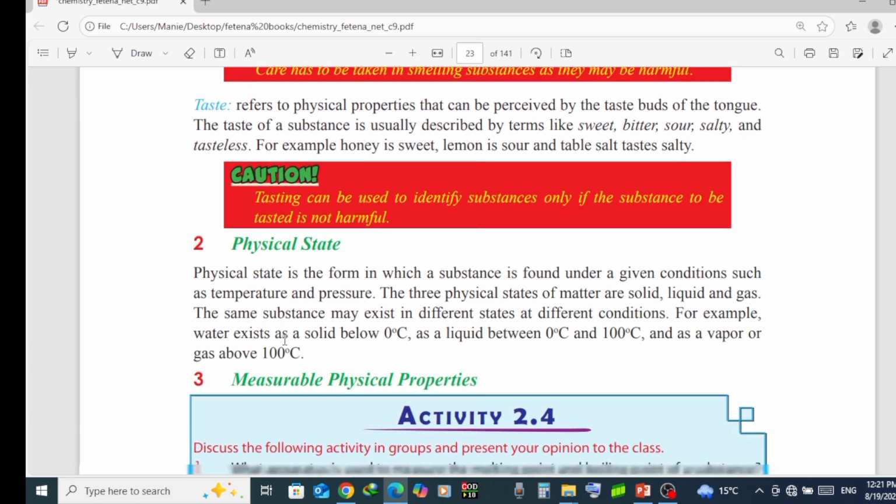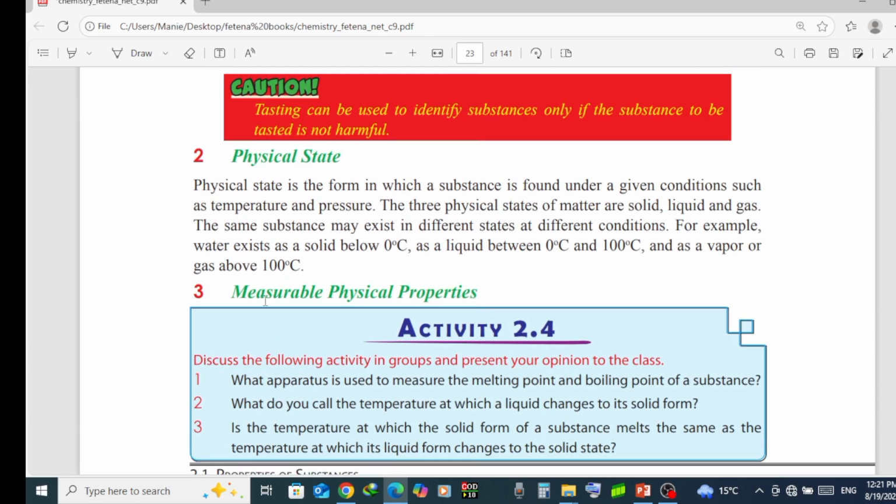The other is physical state. Physical state is one of the physical properties of a substance. አካላዊ ሁነት: physical state. A physical state is a form in which a substance